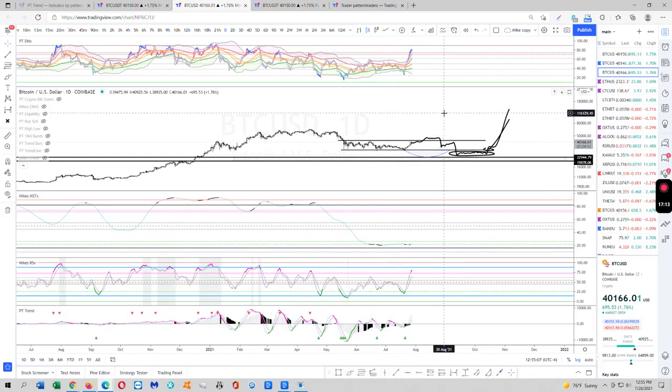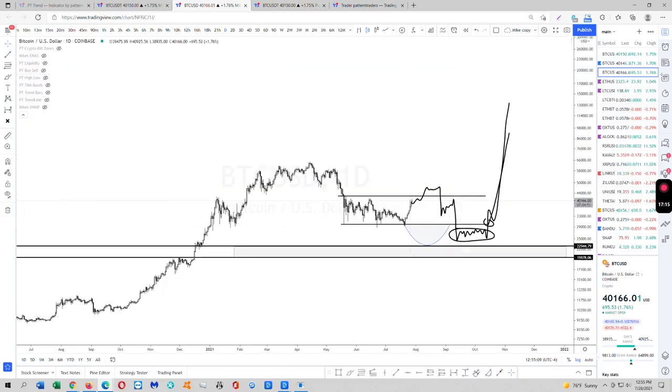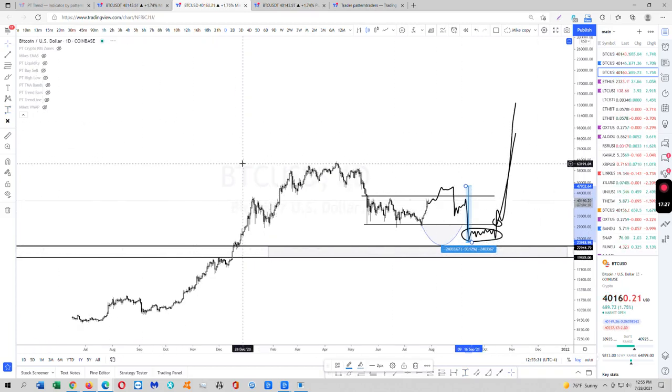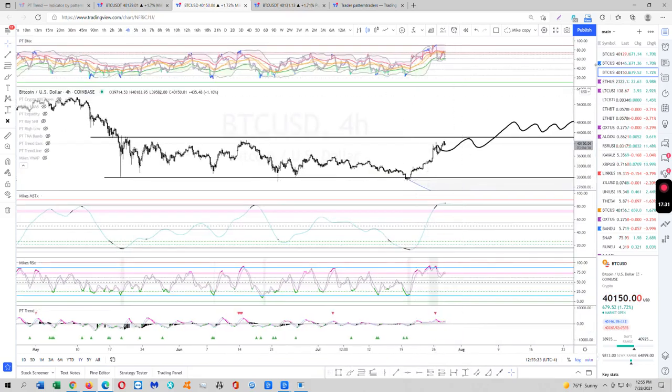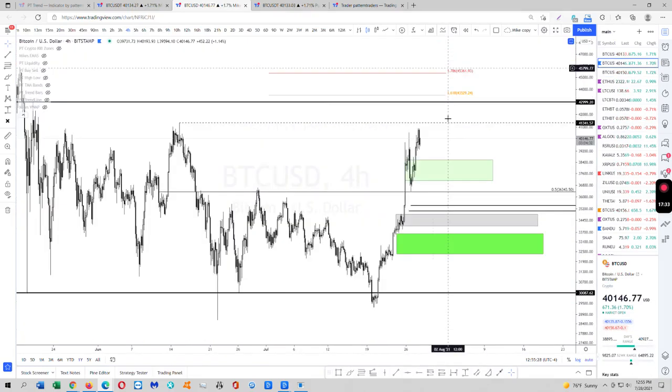So I'm hoping that whatever 50% dump we get comes from a lot higher than here. Because if it comes from like maybe 45 or something, you get a 50% dump, it's going to put you all the way down here to the 22K or 24K, which is where the monthly and quarterly VWAP are. All right, guys, that's what I'm looking at for BTC. I hope that helps. Higher time frame, real quick.